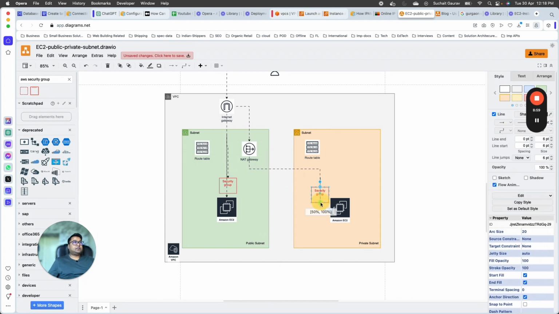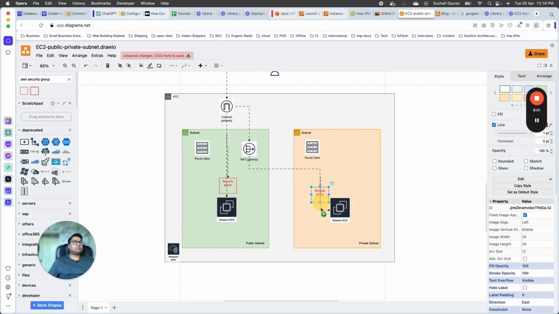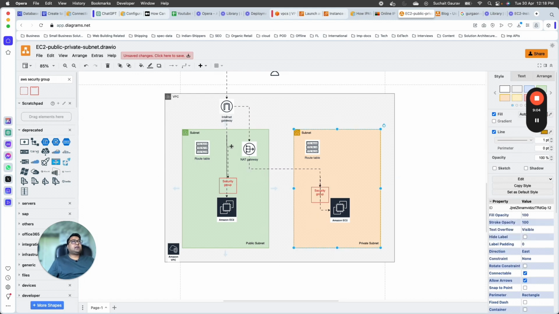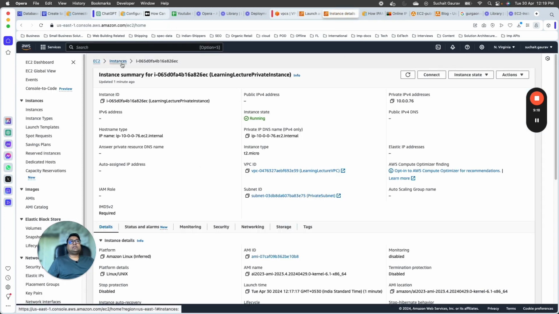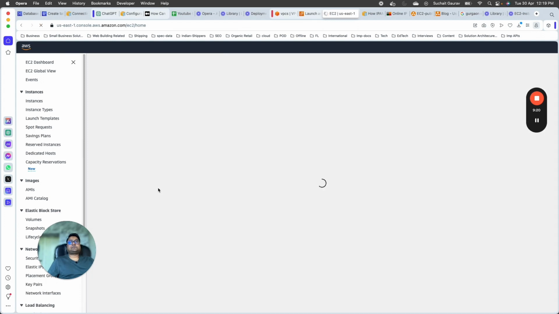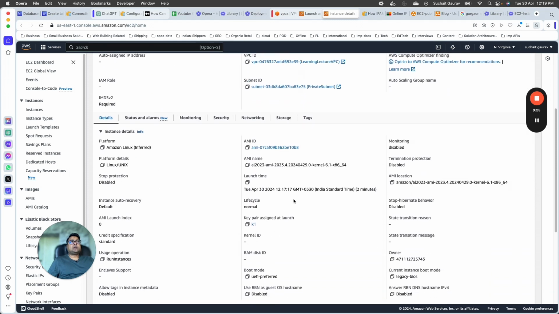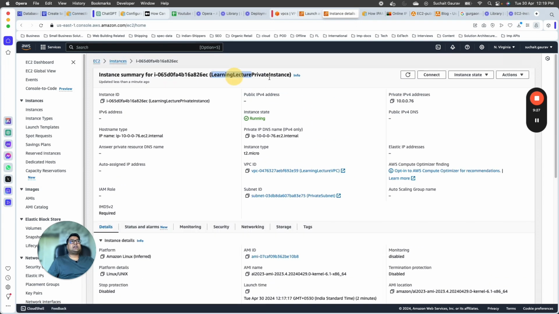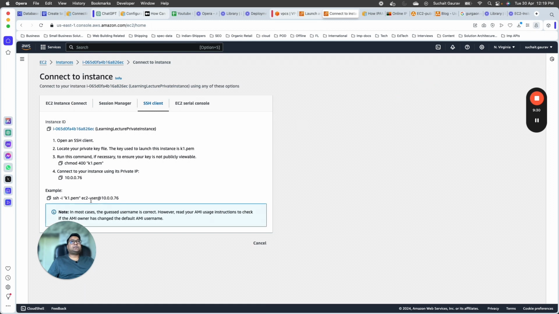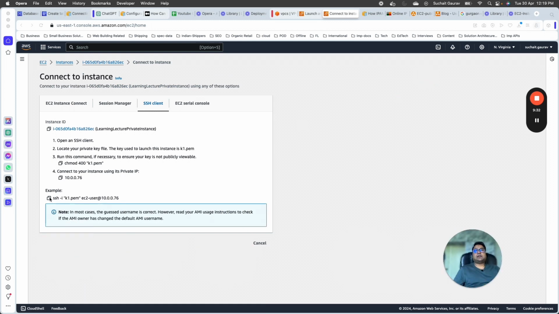All right, so now let's move on. Then let's look through the NAT gateway. Let's see if we can access this Amazon EC2 instance from the other Amazon EC2. All right, so I'll go to this new instance. If I go to connect, this is the learning lecture private instance. If I go to connect, and if I copy this,